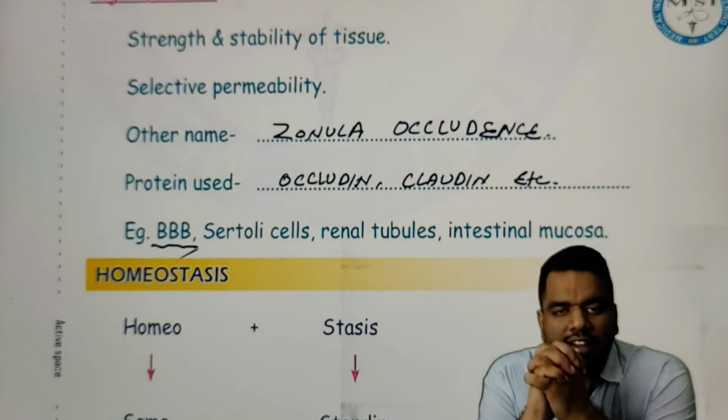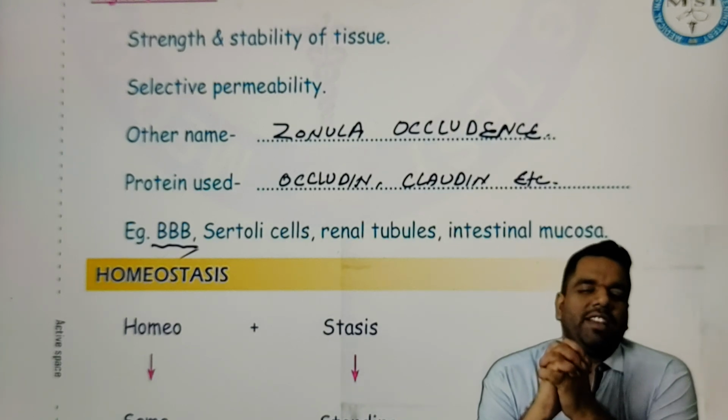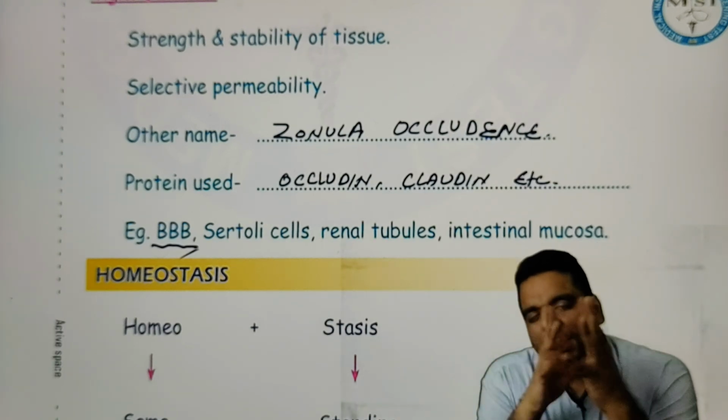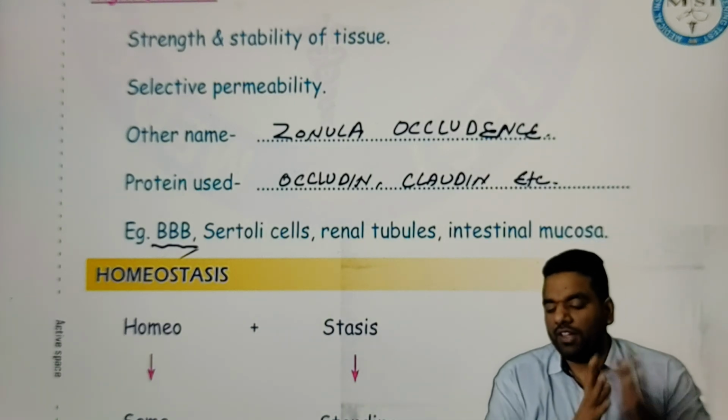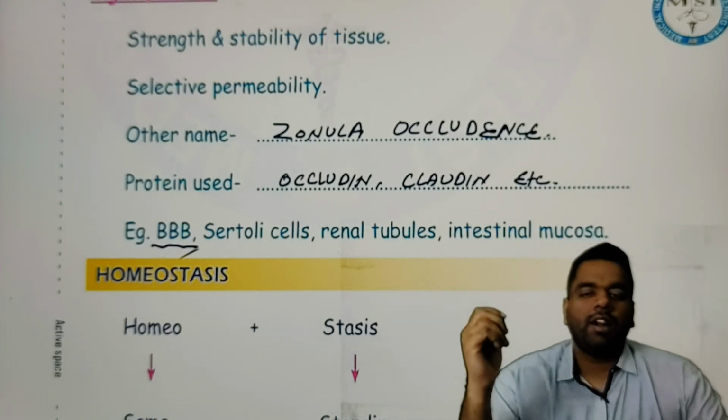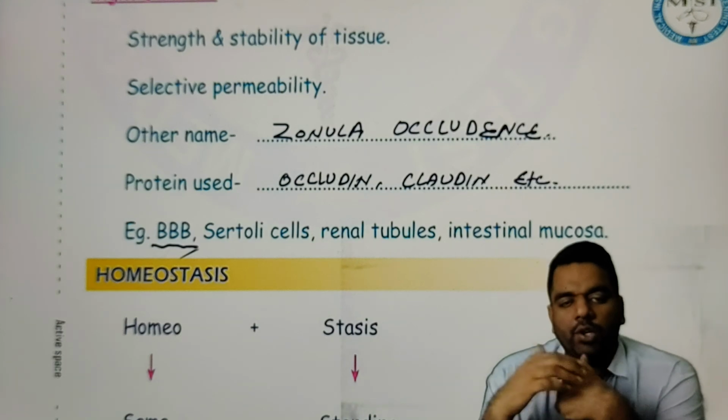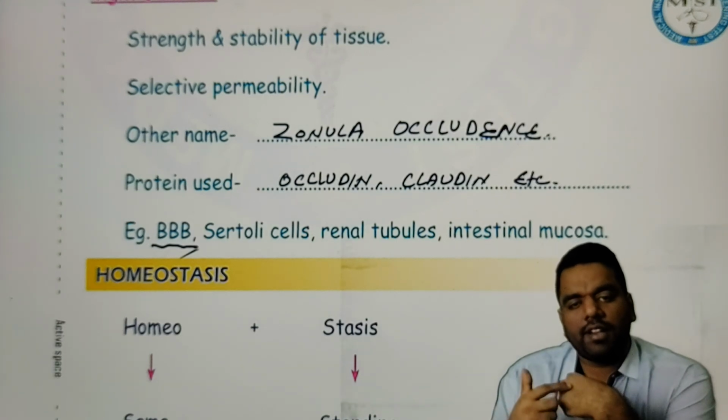So what happens? The intestinal cells are attached very tightly and will not allow any pathogen to move across this cell. What happens if any pathogen enters into this enterocyte? It contains the lysosome. This lysosome immediately kills this bacteria, and this is how this bacteria will not be able to enter into the blood. So this is how all of this is actually present. Similarly, like the blood-brain barrier. Suppose guys you are having a cut mark over here. Due to this cut, what happens? Lots of bacteria which are present over here or in the dust, they got entry